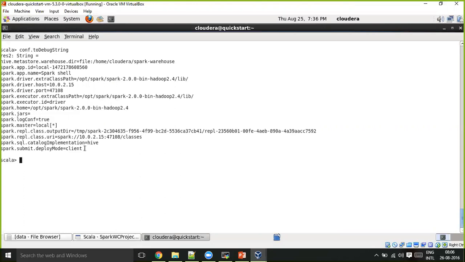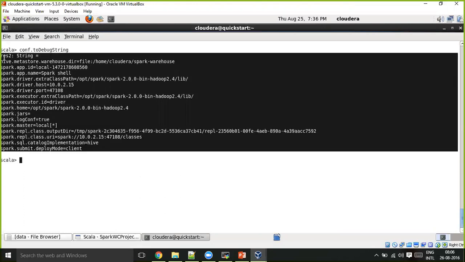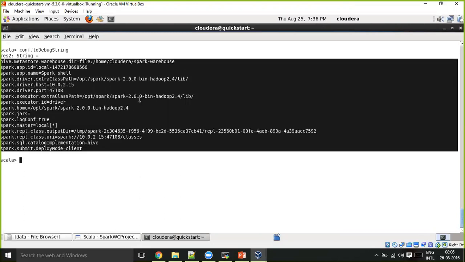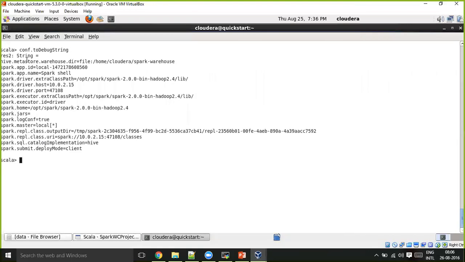It gives you all the configuration properties. I think this is more readable than the previous one. So this warehouse directory, application name, driver extra class path, driver host, driver port number, executor ID, Spark home, and other properties that you have seen. And anything that you want to set, you can always set through the set method.